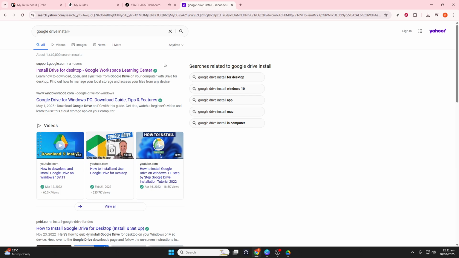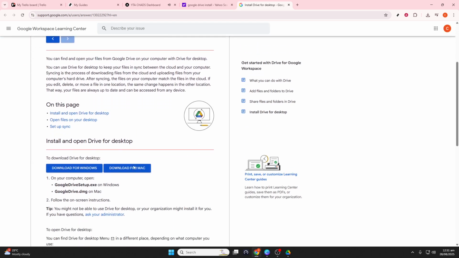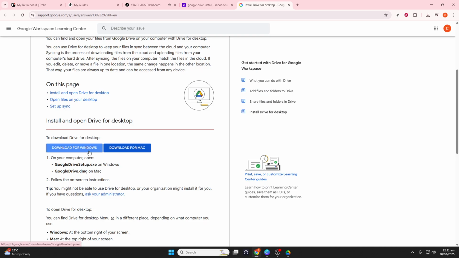First things first, let's make sure you have the Google Drive desktop application installed. To do this, go to the Google Drive download page. Here, you'll see a button that says Download Drive for Desktop. Click on it and follow the instructions to install the application on your computer. Don't forget that you'll need to sign in using your Google account, so have your login information handy. This step is crucial as it not only gives you access to Google Drive, but also lays the foundation for